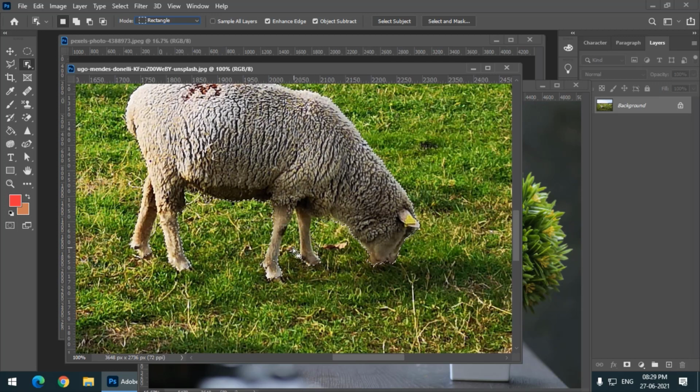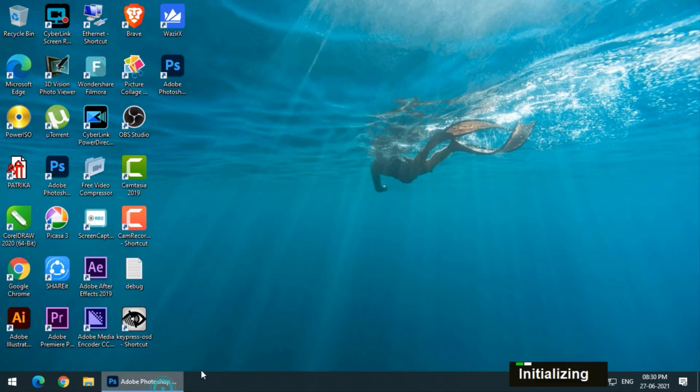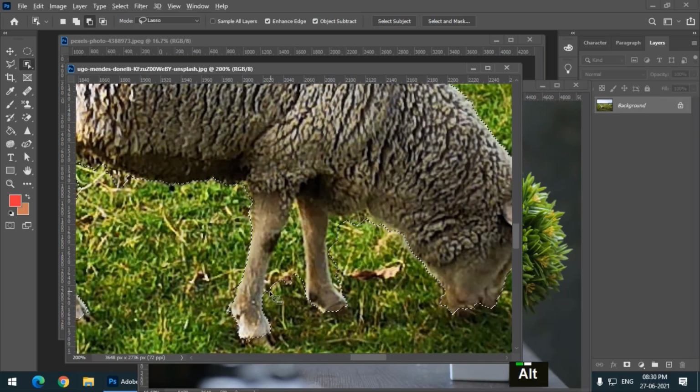This area we cannot remove with the rectangle mode, so we can choose the lasso mode, which enables us to do a freehand selection. And remember, we don't want this area, so we want to subtract from the selection. We have the subtract from selection option over here. We also have add to selection, similar to the selection options. So I can click on this particular property, or I can simply press and hold the Alt key. I can simply press and hold the Alt or Option key, and I can simply draw.